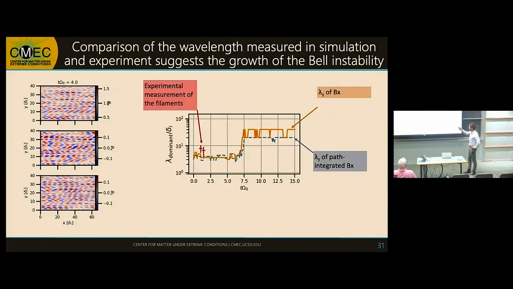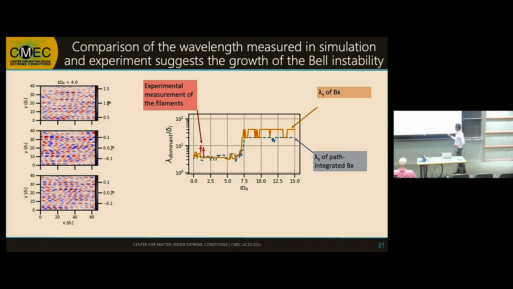So the next step was to compare this simulation with our experimental measurements. Now I'm plotting the temporal evolution of the dominant wavelengths. The solid lines are from the simulations, and the red crosses are our experimental measurements. The first thing to note is that in our simulation, the size of the wave